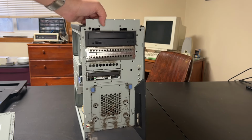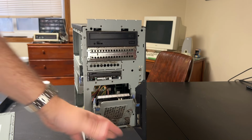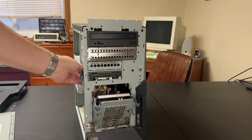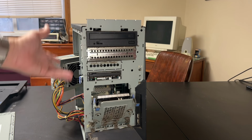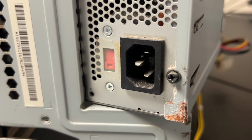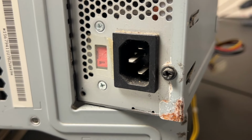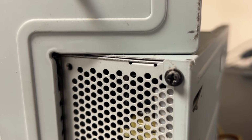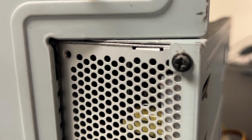The good news is, it's completely disgusting. Oh, look at this, this is the easiest thing to work on in the world. This is going to be a piece of cake. I'm sure this is going to work. One thing I did notice is some of this corrosion down here on the power supply, and you know what causes corrosion. Look at how good this corner up here looks and how it's fine. And this power supply,